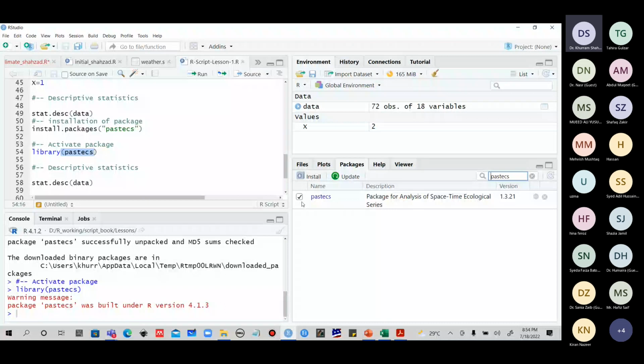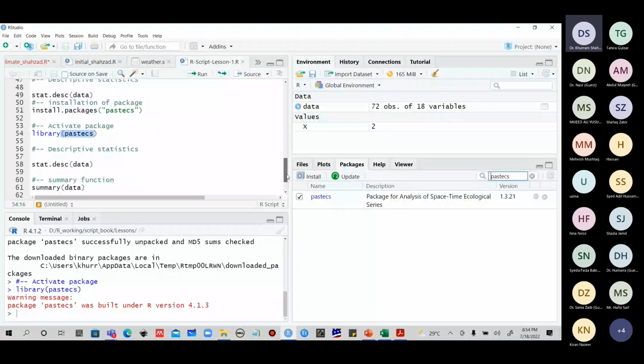When you do these things, then you will be able to perform those functions. So next we do both steps: install.packages, and then through library we activate our packages. So now we will move to performing stat.desc, descriptive statistics. Now we want to perform that,